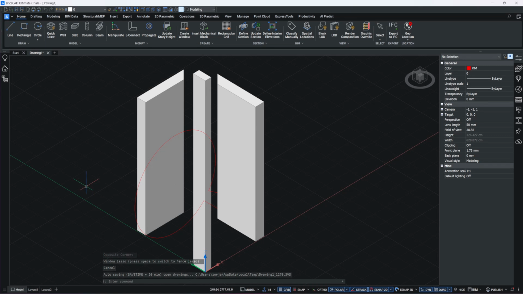Hey guys, in this video I'm going to show you how you can group in BricsCAD, so let's get straight into it. Now the quick command will be just type in here into the command line: group